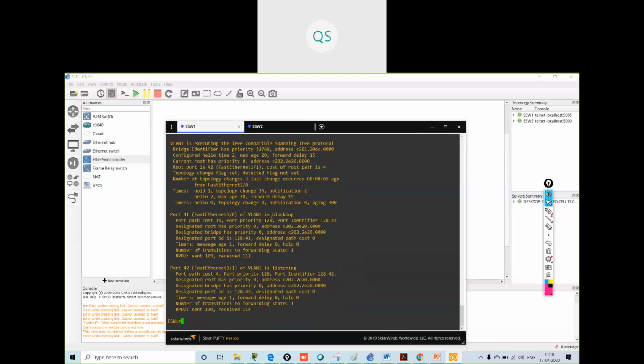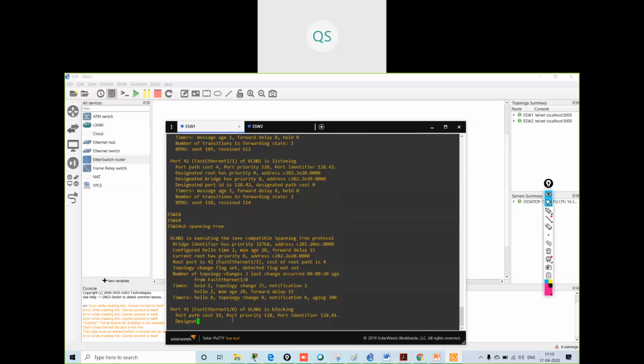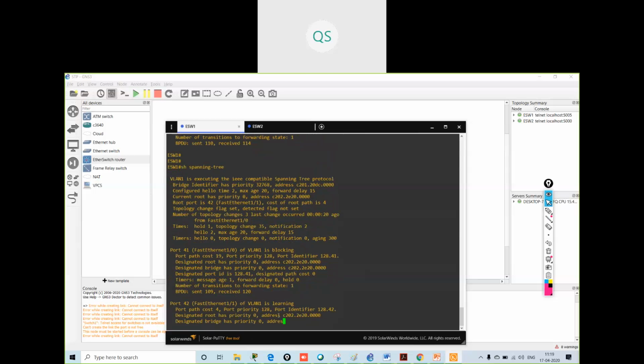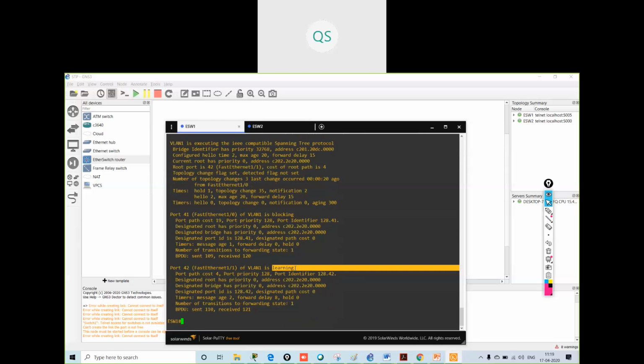See, this port Fast Ethernet 1/0 came into the blocking state, and this is in the listening state. It will come up. Now it is in the learning state. Learning state, you can see.